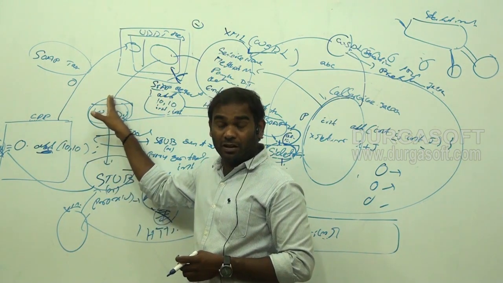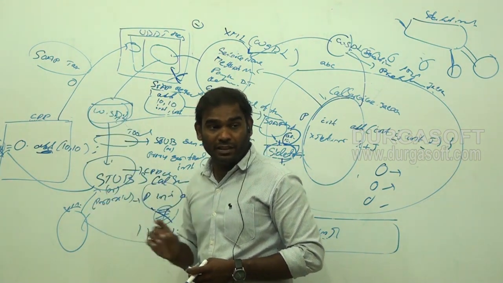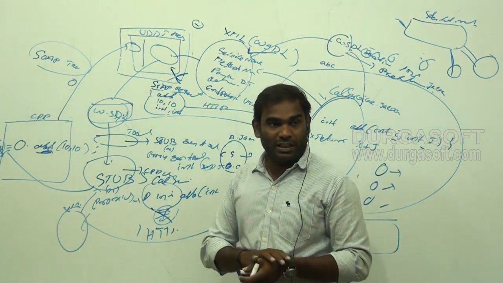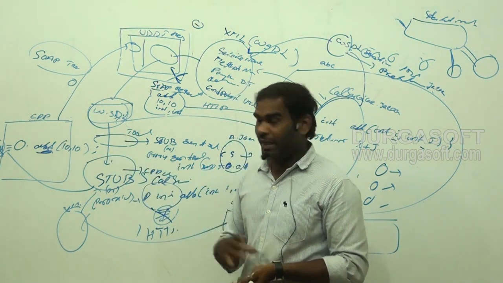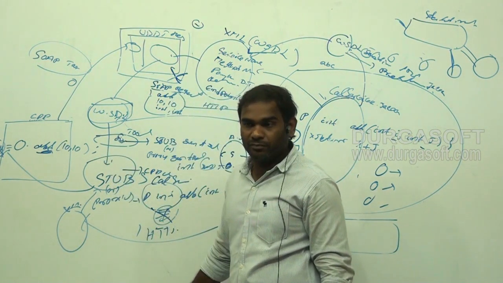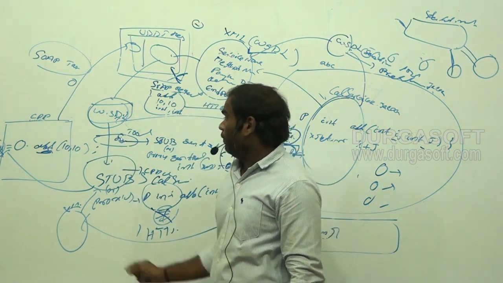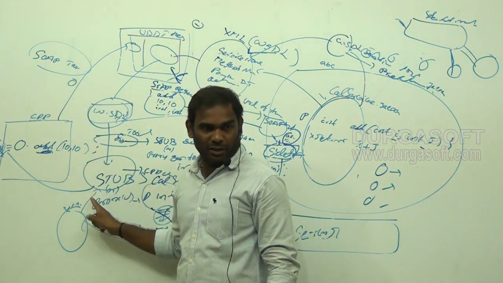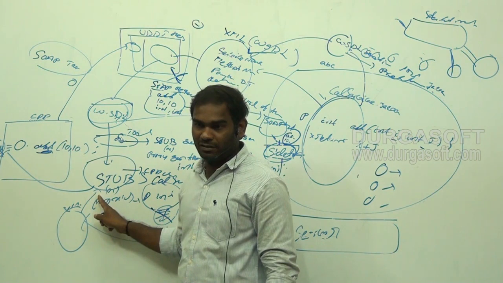After getting the WSDL file, what will he do? He will generate the stubs here. To generate the stubs, again he will use a proxy generation tool or stub generation tool. Again, these are predefined classes here. If it is C++, stubs are C++ classes. If it is Java, stubs are Java classes.